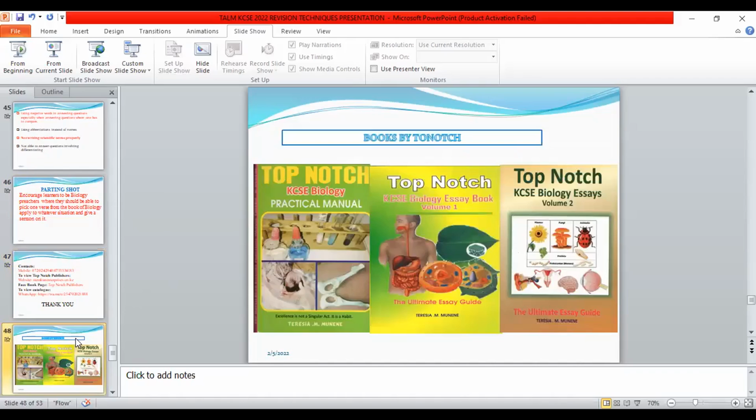For example, from biology paper 3, we have a practical manual there. Biology paper 2 on essays. And what is unique with the biology paper 3, if you can give me time, I will explain. We have the first part, which is a guide on what is commonly tested in biology paper 3. Then we have section A, or part A, which is a summary of all the topics from Form 1 to Form 4, full color.